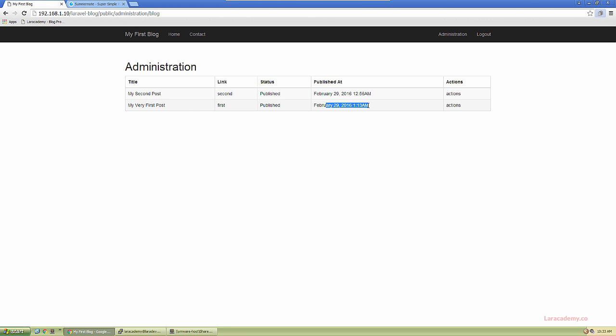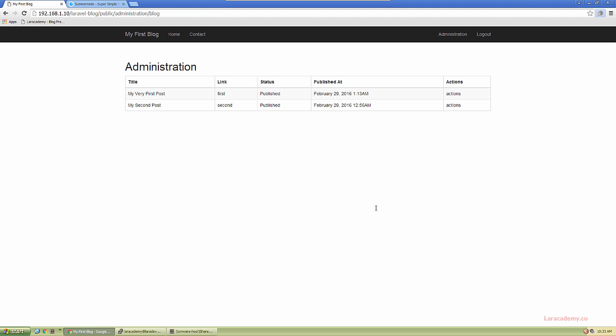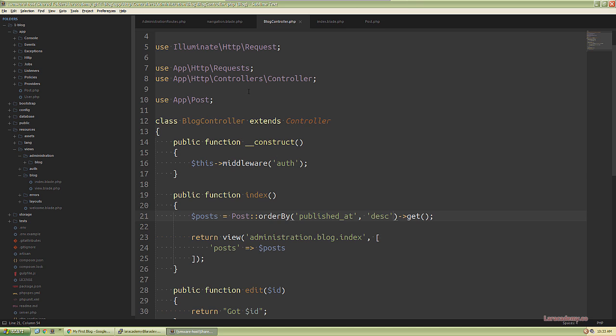So let's switch back to our text editor here. And let's add a descending on the end. So save that and give it another refresh. And you can see that everything's working now. So now that we have everything displaying, this looks pretty good, but what we need is a button to create